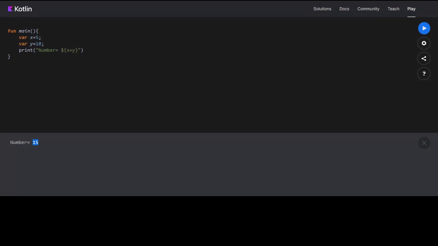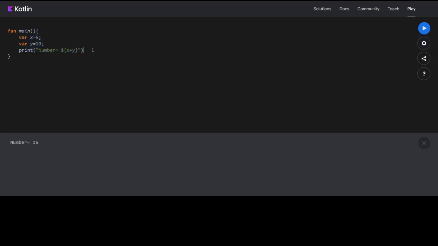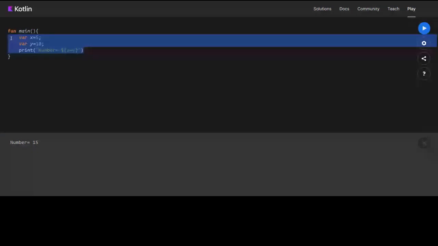I will give you like 10 seconds. You can try creating a variable with your name. Variable x is equal to your name, then you can print my name is dash. So you can try this in Kotlin.